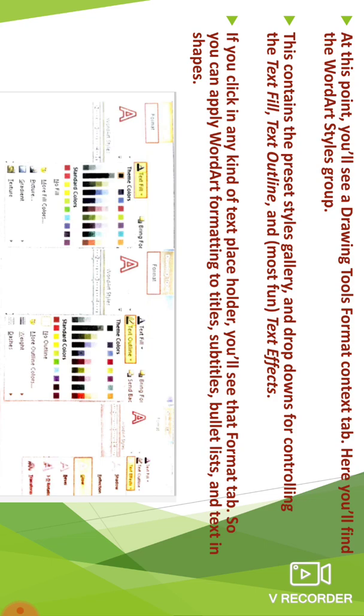And if you want to give an effect, means if you want to give a 3D effect, shadow effect, reflection effect, whatever effect you want to apply on your word art, you can also do this from here. Means this facility you will also get in this PowerPoint. Word art is already giving a special text effect, but more effects you can also give with the help of the format tab.